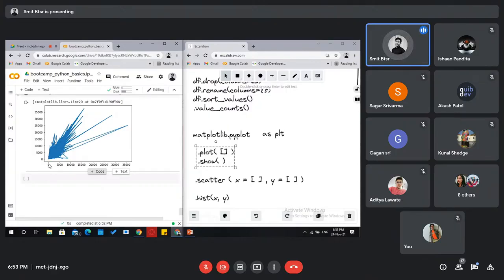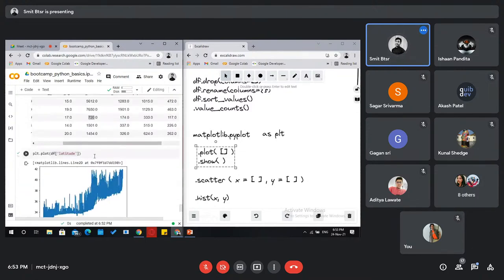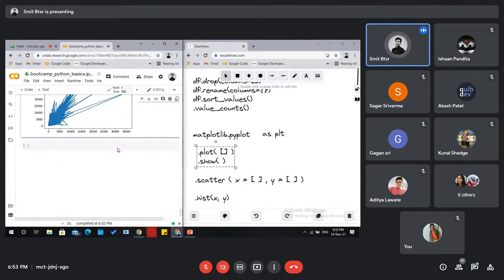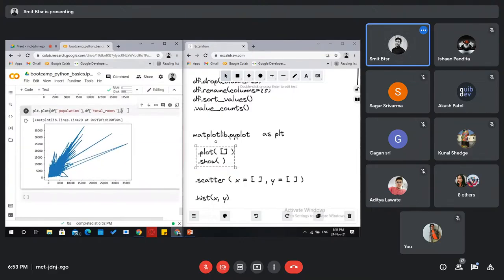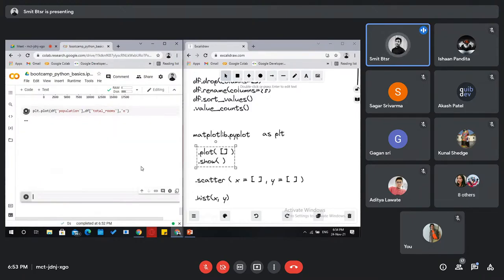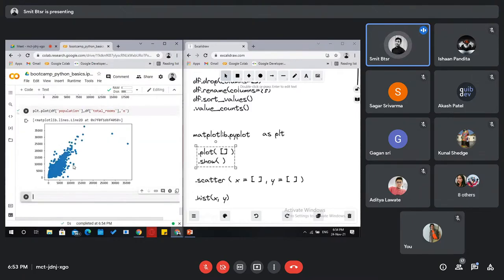Most of the data, the total range of the data, is from 0 to this value, right? But the majority of the data lies in this small portion. I cannot select this, but you can see it. This small portion has lots of rooms. There are clustered rooms as well, and it's better to use a dot graph here. Let's see that. So most of the rooms are here only.